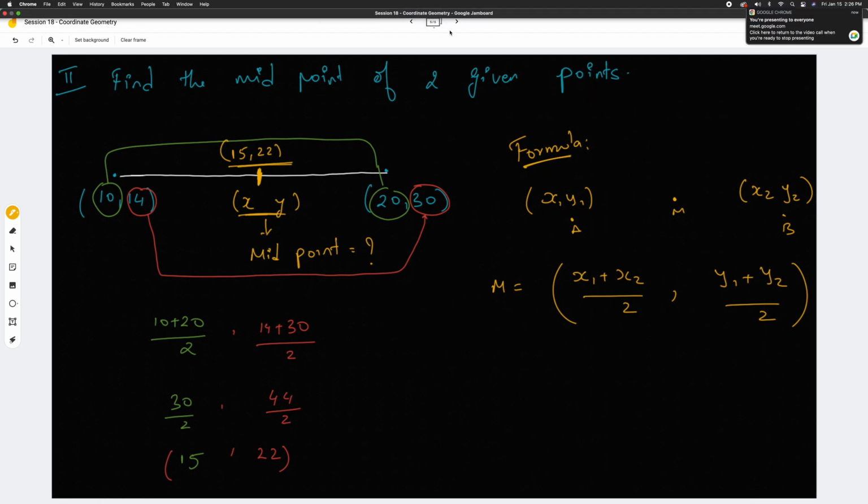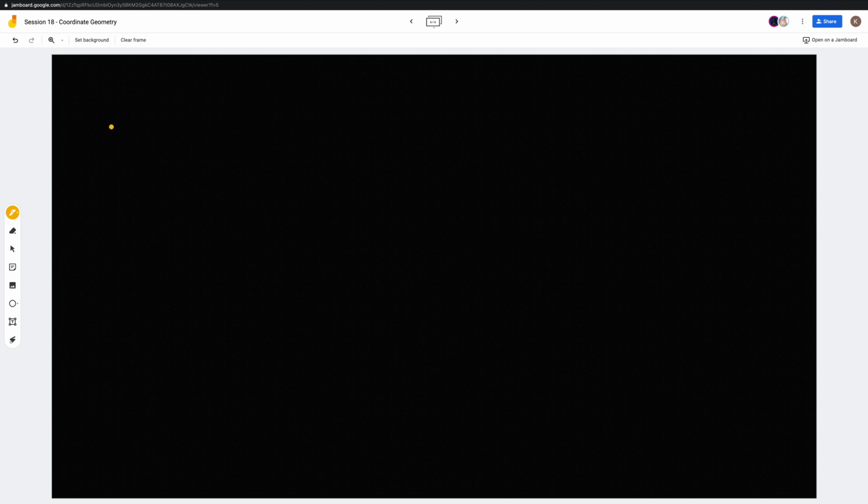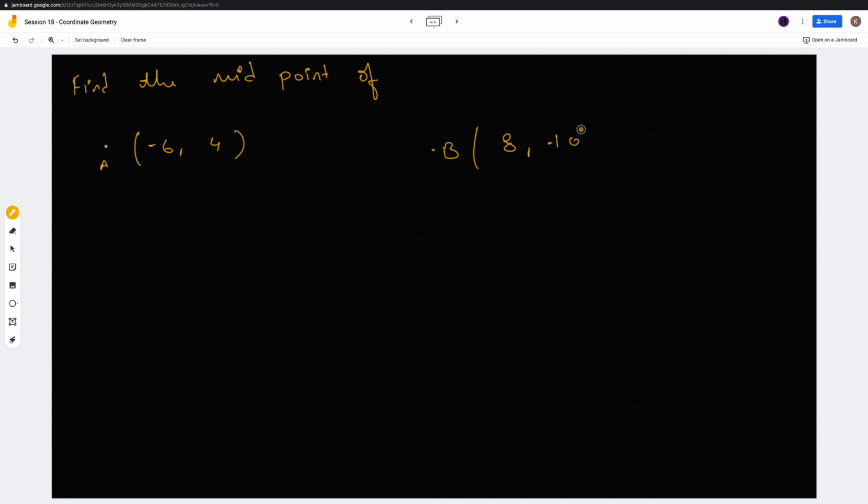Now let us go to the next one. We'll try to do one more example, finding the midpoint. Find the midpoint of point A, negative 6, 4, and you have another point B. Let's say this is 8, negative 10. So as I told you, first what we need to do, we need to find out what is x1, y1,